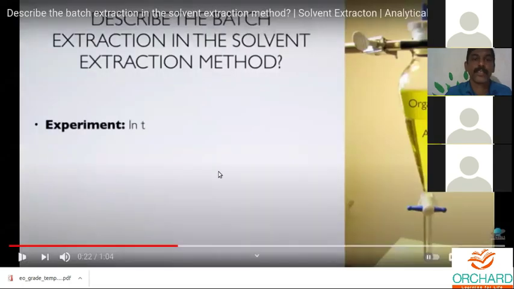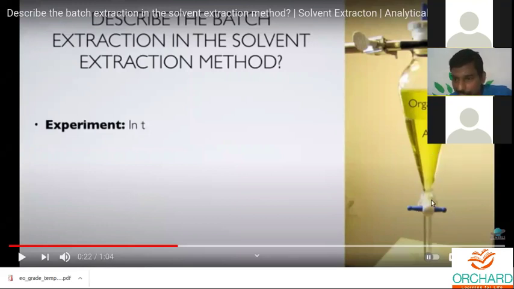See, so the same experiment, okay? I actually tried to show another video, no problem. So this is again the same technique. You have to have a separating flask. Here you have some liquid at the top and another liquid at the bottom. Both are not mixing. That means they are immiscible. Therefore, you have to allow them to settle for some amount of time. After that, if you open this stopcock here, you can separate the first liquid and then stop it. You can collect the second liquid. This is called the solvent extraction method.